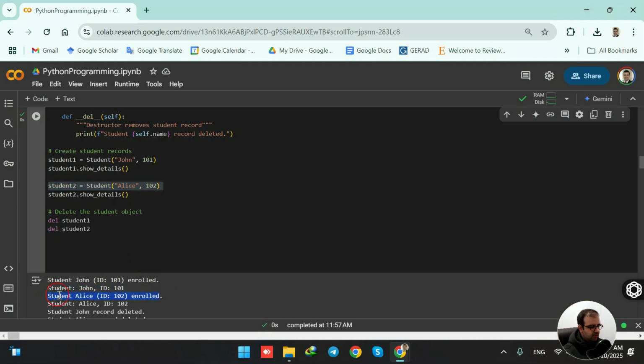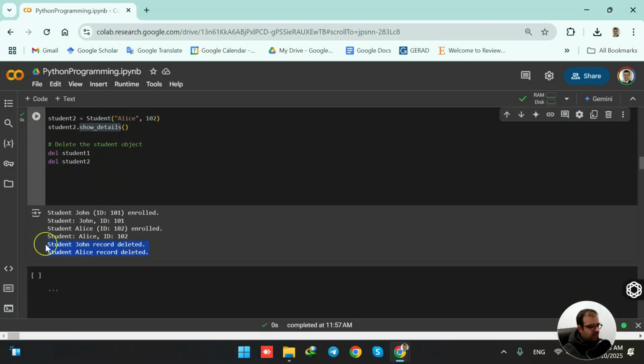Then we are having the second object being created. So we are saying that, okay, Alice enrolled with the student ID of 102. Then we are showing the details of the second student, Alice ID 102, and this comes from this call of show details function. And in the end, the records of both students are being deleted because we are removing both objects in the